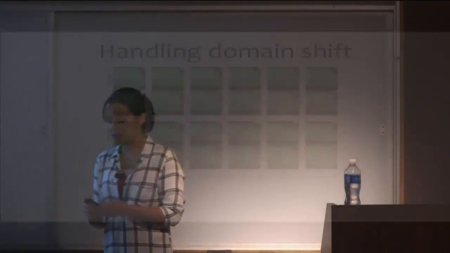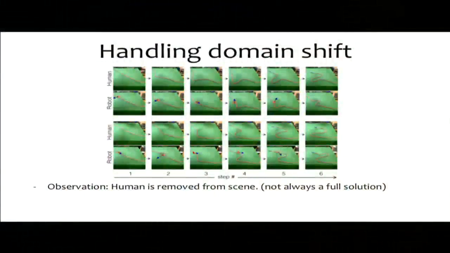Okay, so kind of looking at this method at a glance, how does it handle domain shift? So kind of the first observation is that the human is removed from the scene. This isn't always a solution. First, often it might be hard to remove the human from the scene, especially if you want the robot to be able to see kind of a continuous action that the human is performing. For example, maybe if a human is pouring water from one cup to another, it's going to be hard to erase the human hand from the scene. And also, second, even if the human is erased from the scene, the human might be able to do things in a way that the robot isn't able to do, and so there still might be some domain shift with just how the human is performing actions versus how a robot performs actions.